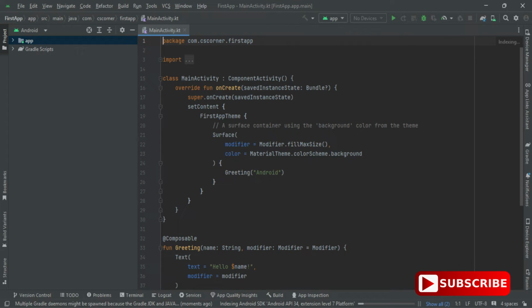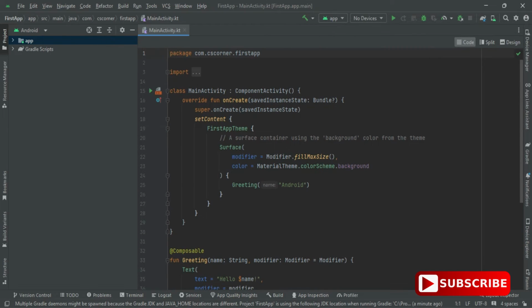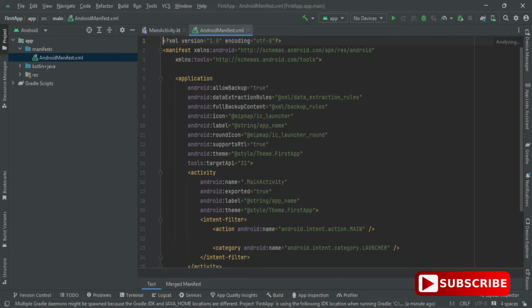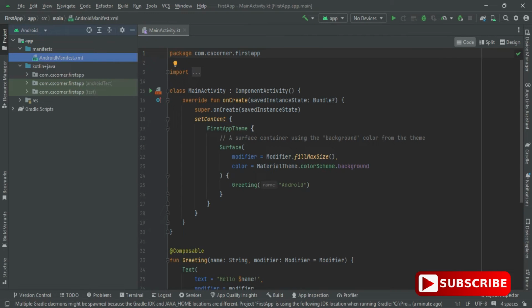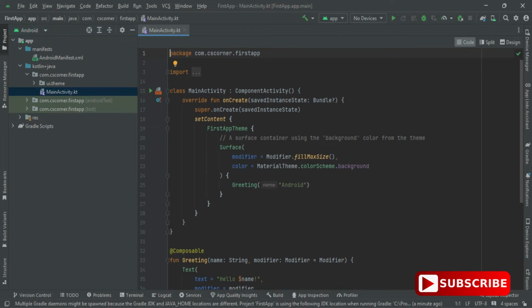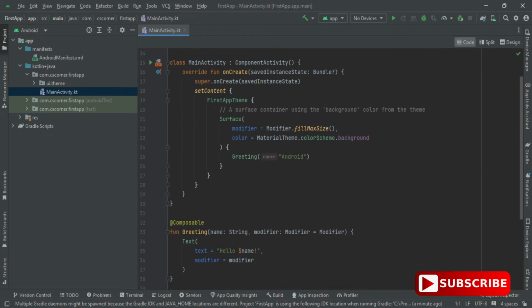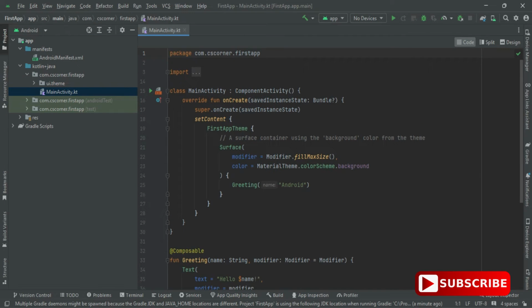So okay guys, my Gradle sync finished, and here you can see I have different folders available at this left side. App, inside app we have a manifest, Java, and then inside that I have my package name, and then we have a KT file. And then you have resource folder also. In that you have different resources available, like if you want to have images and all that thing, that is going to be in resource folder. Just expand and you can explore these folders.